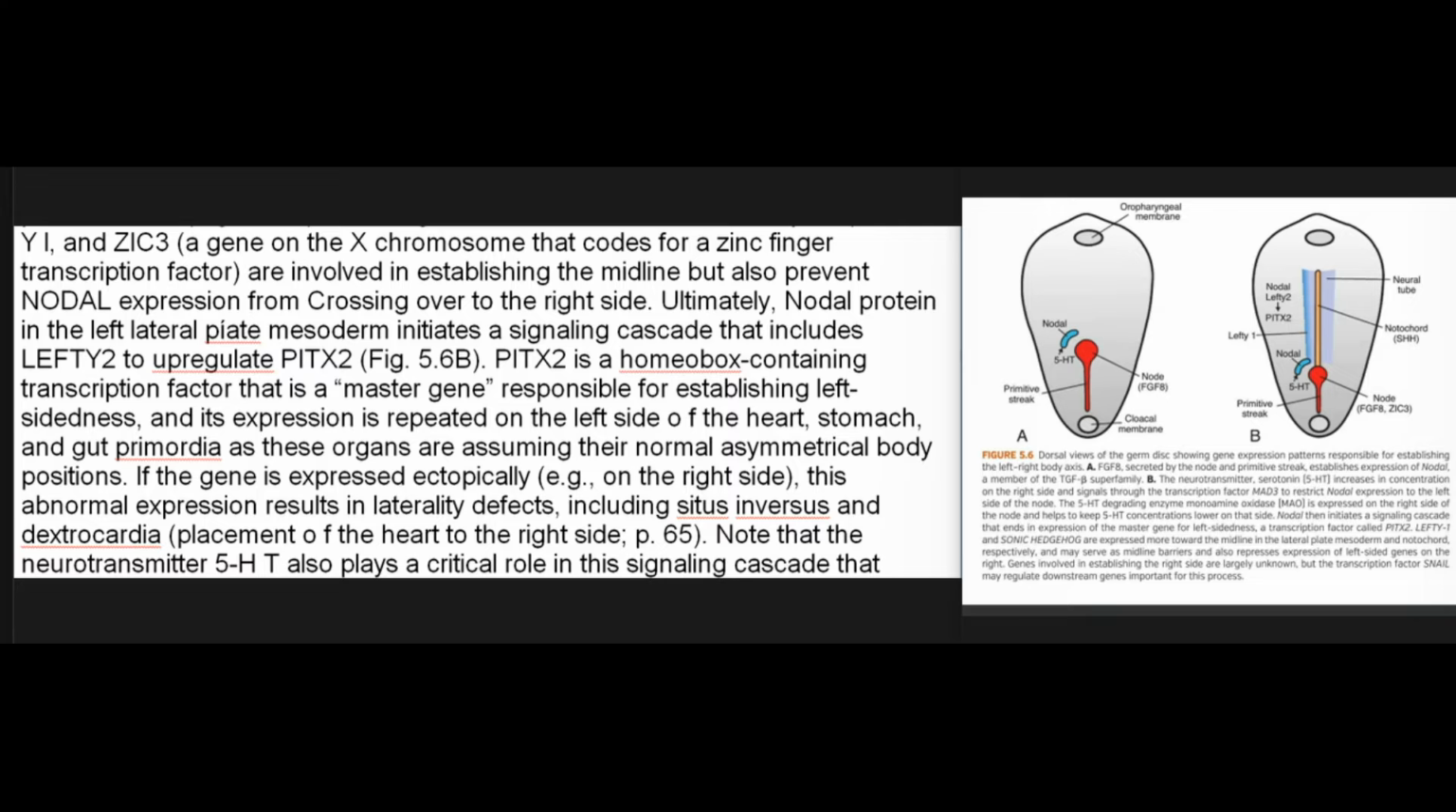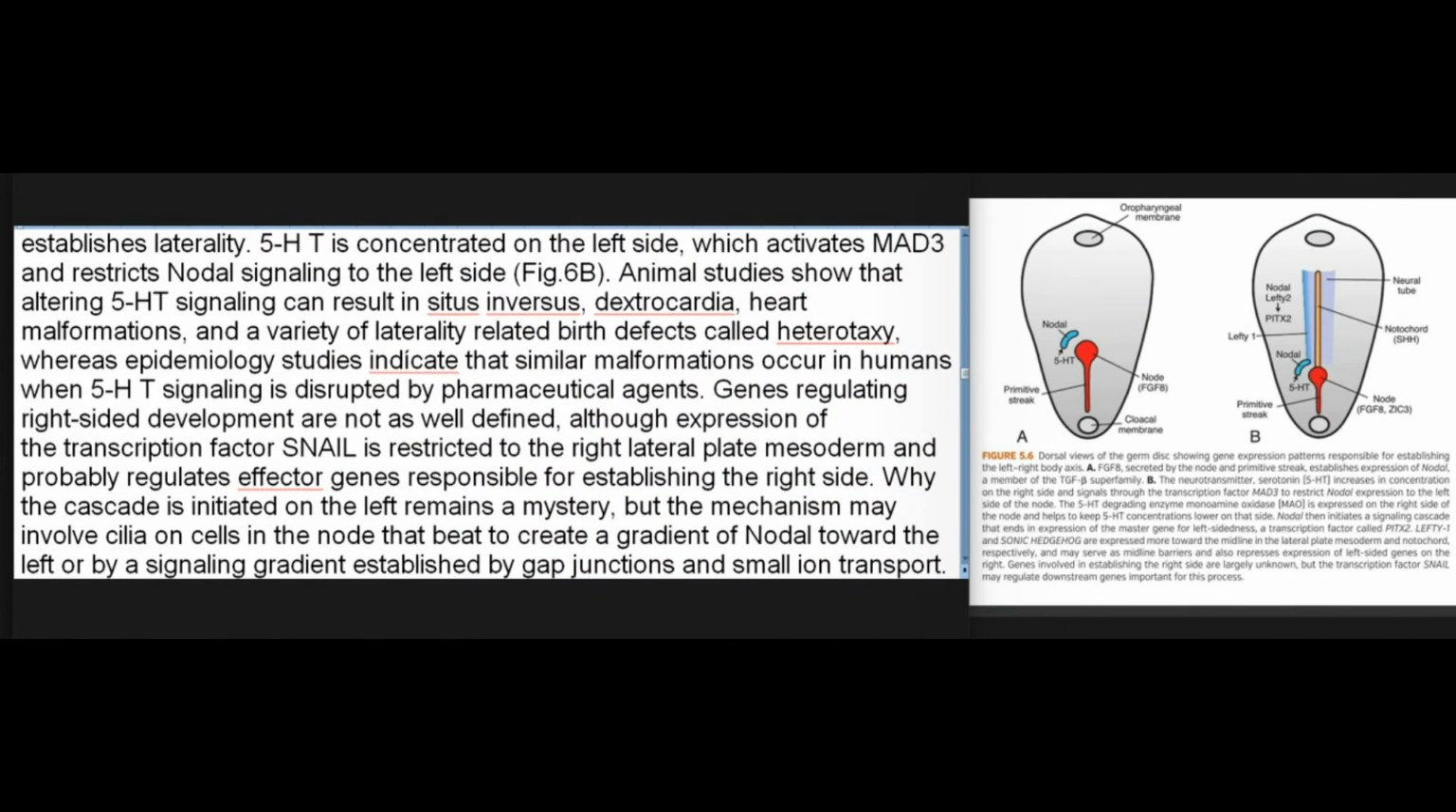Note that the neurotransmitter 5-HT also plays a critical role in this signaling cascade that establishes laterality. 5-HT is concentrated on the left side, which activates MAD3 and restricts nodal signaling to the left side, Fig. 6b. Animal studies show that altering 5-HT signaling can result in situs inversus, dextrocardia, heart malformations, and a variety of laterality-related birth defects called heterotaxy, whereas epidemiology studies indicate that similar malformations occur in humans when 5-HT signaling is disrupted by